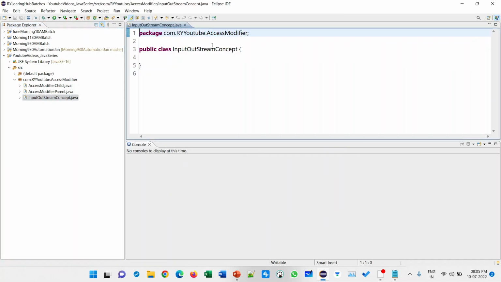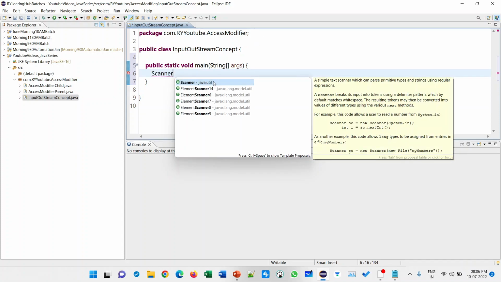Now in Java we have a predefined class which helps us to get input from the user, or we can say to read the input data from the console, which is the Scanner class.